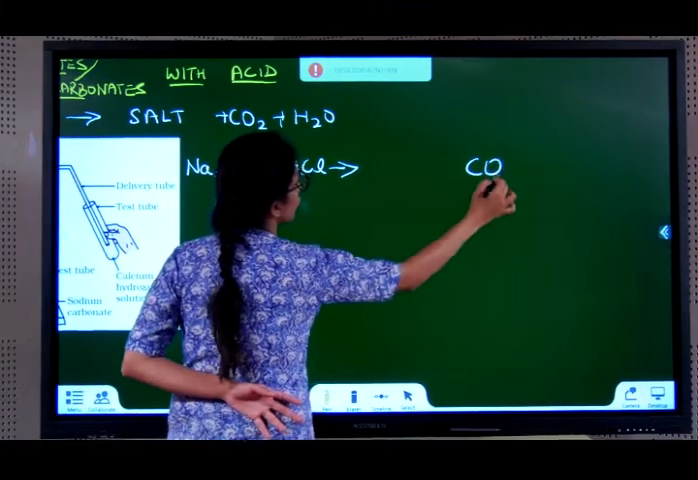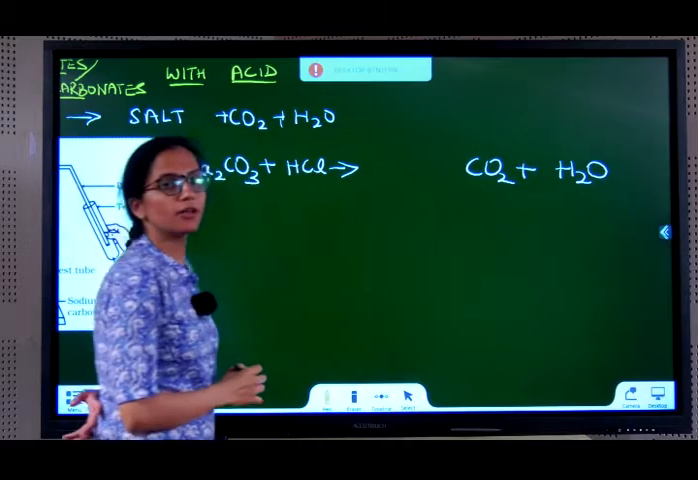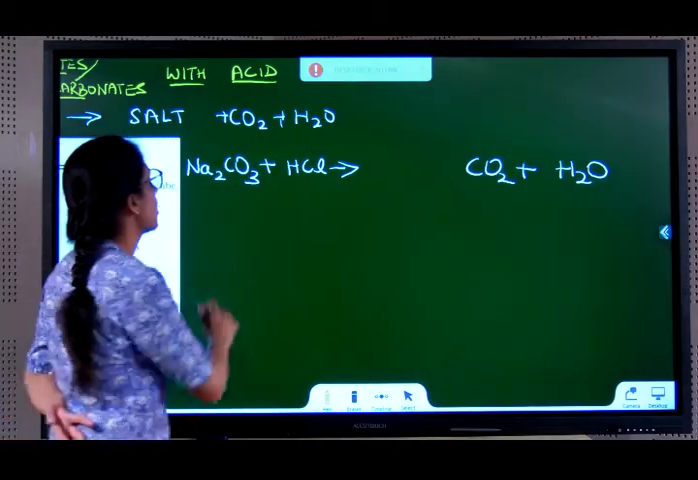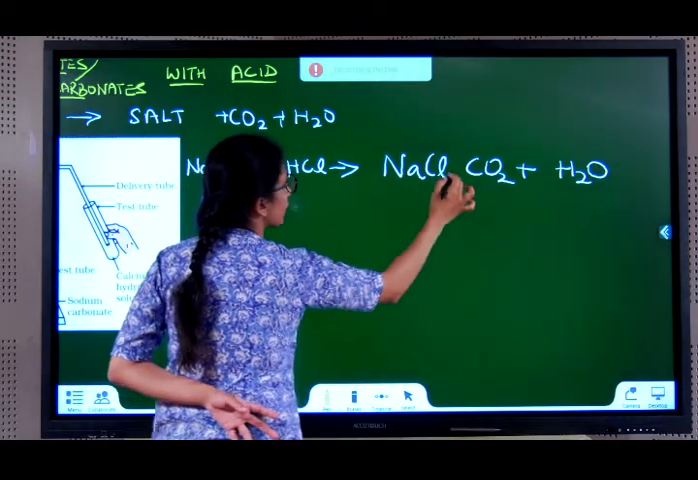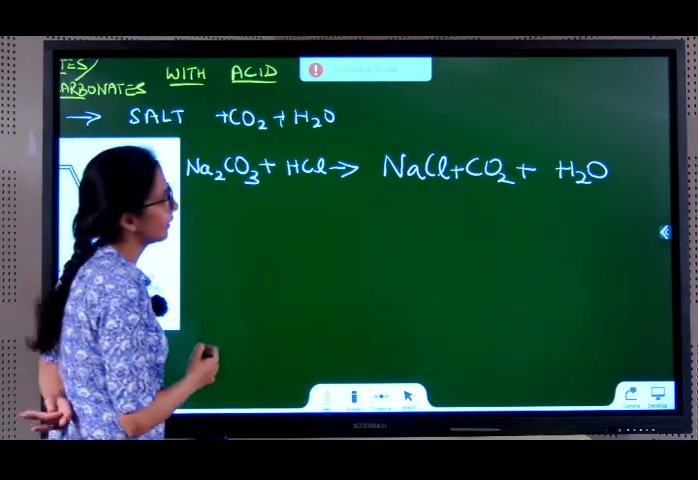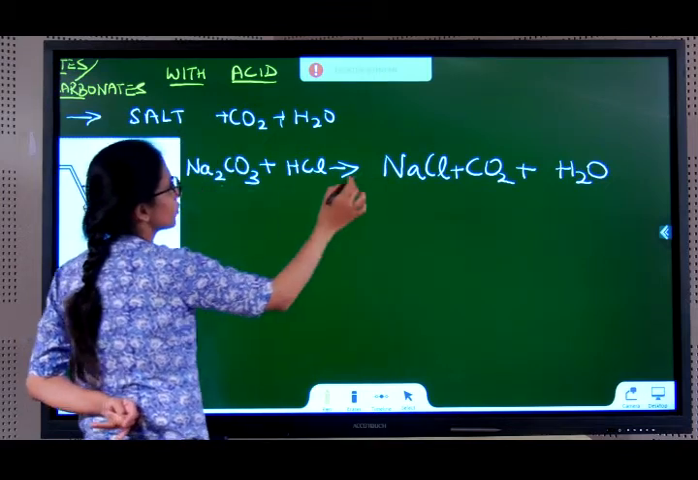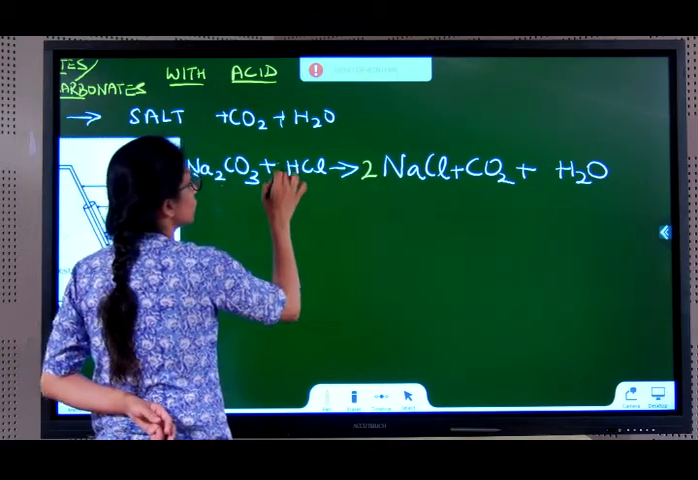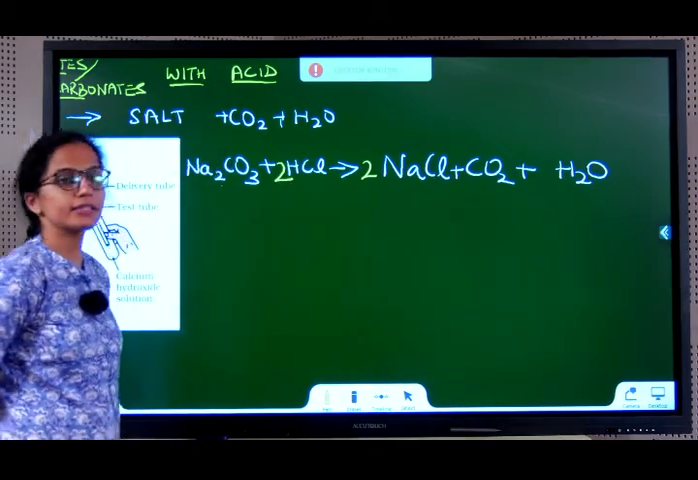Carbon dioxide is for sure, water is for sure. What is the other product that we can expect out of this? Sodium and chlorine. The salt will be sodium chloride, right? Yeah. So now balancing this, as you can see, sodium here is 2, so this will be 2, Cl becomes 2, so this will become 2, 2H, 2H, O is balanced,